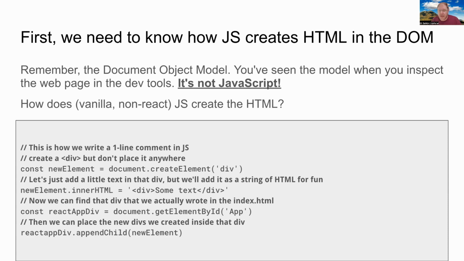But in React, it's not parallel, but we'll talk about that another time. So how does regular JavaScript, if you're just writing a JavaScript file, how does JavaScript create HTML, like in the DOM? So what it does is it says, hey,